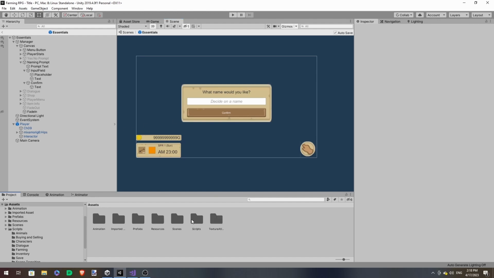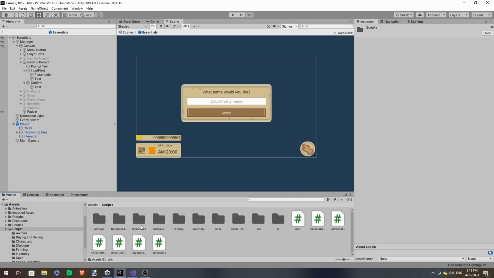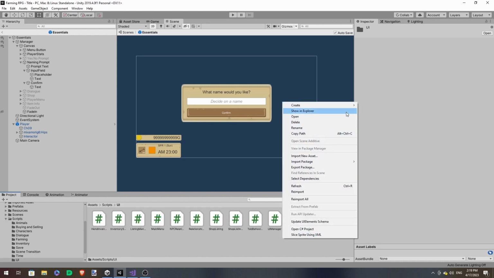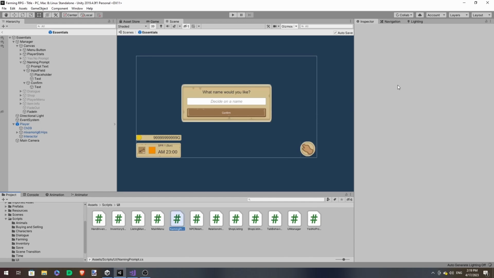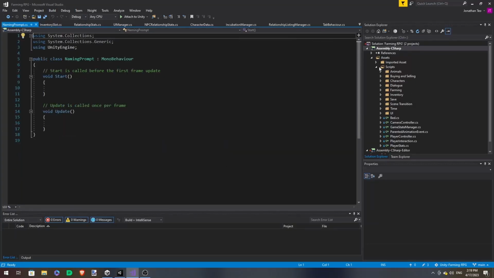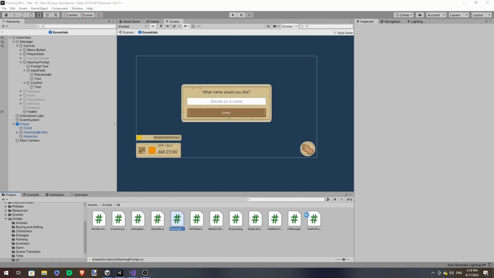So to that end, let's go to our scripts folder. Under UI, create a new script, call this NamingPrompt. It's going to be a lot like our yes no prompt, quite similar in logic.